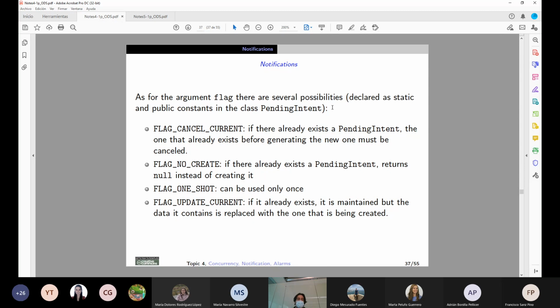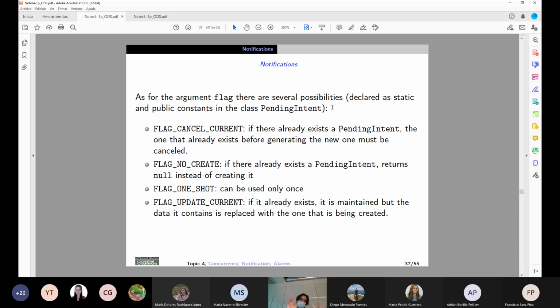The flag one shot will be a pending intent that we can only use once, and the last one, the flag update current, what it does is that if we already have a pending intent, it will be kept,